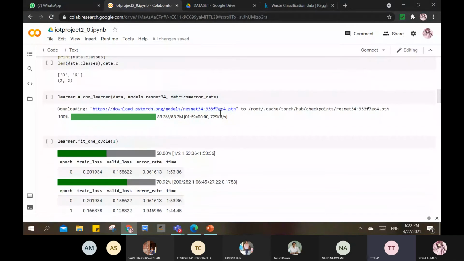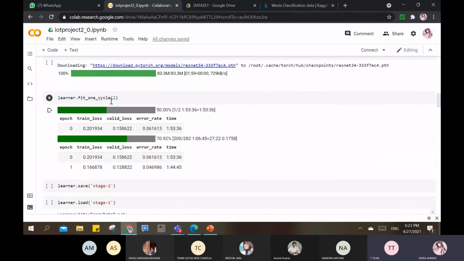Now Sidra will explain. Now, sir, this is our learning model, that is a convolutional neural network, and we'll be using our data that is from Kaggle, and models.resnet34 is a technique that is a residual neural network. It's just a deep learning technique that we use for image classifying, and it supports several other configurations also. And we set the metrics equal to error_rate so that we can get our error rate, and that will define our efficiency. So in here, sir, learn.fit_one_cycle, we set that to 2. We train our model for 2 cycles.